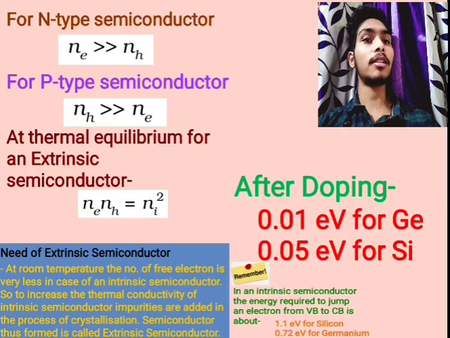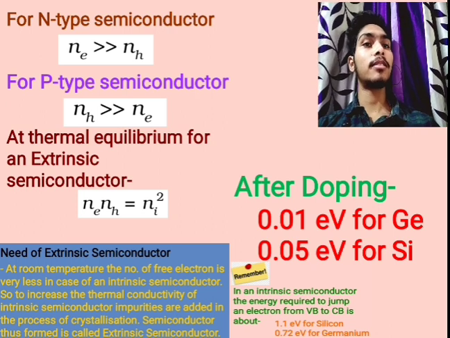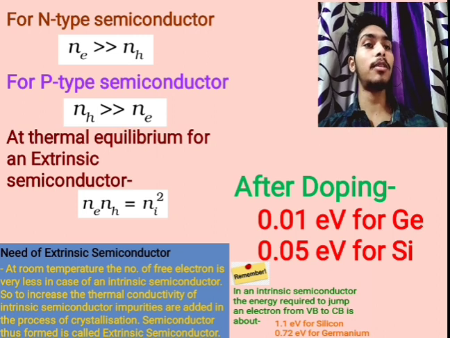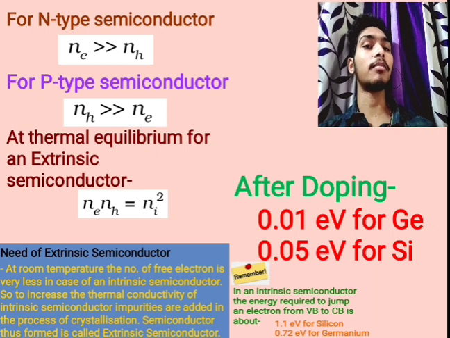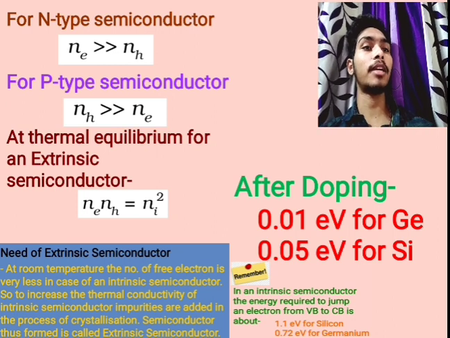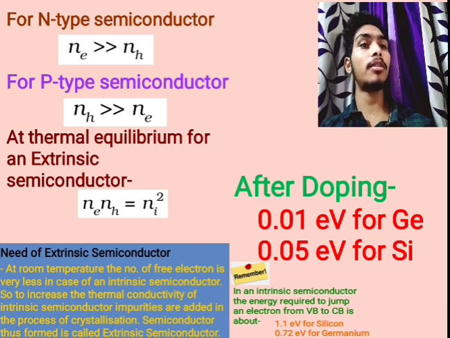Then just let's sum up this point. So for n-type semiconductor, number density of electron is very very higher than number density of holes. Already I have discussed. In an n-type semiconductor there is one extra free electron. So normally at room temperature it will stay that way. If we increase the temperature, then there may be some